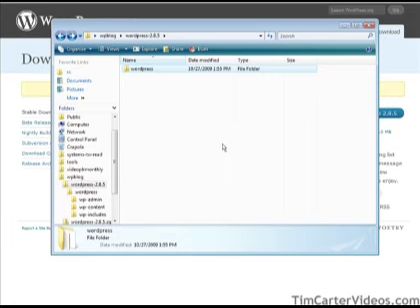Okay, so the next thing we're going to do is upload all that to our server. Now of course you're going to need a domain name and hosting. There are many places where you can get domain names and hosting, and I've listed some in the resources document. Now once you have that all set up, you can upload your files. Now depending on what kind of domain name you bought, whether you bought a domain name with a specific use for your niche or whether you bought what I call a general purpose domain name, will depend on where you're going to upload WordPress. Now what I mean by those, a general purpose domain name is